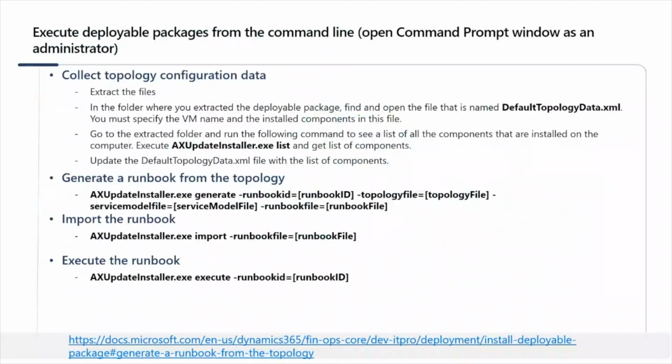Once you decide to execute the data upgrade deployable package manually through the command line, you need to consider steps which will help in executing the deployable package manually. The first important step is to open the command prompt window as an administrator. Here are the steps at a high level with commands to execute, starting from collecting topology configuration data